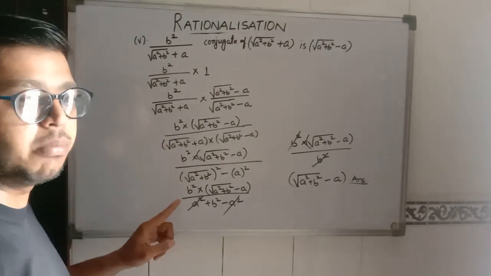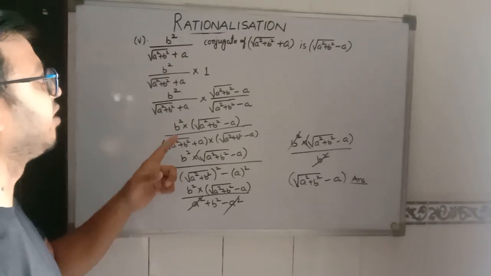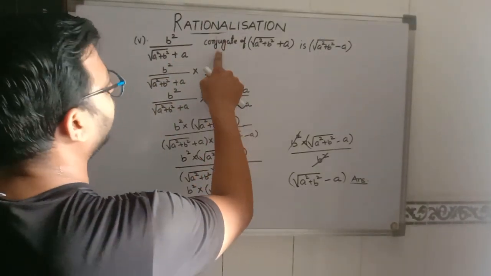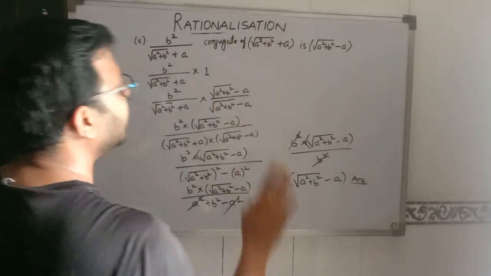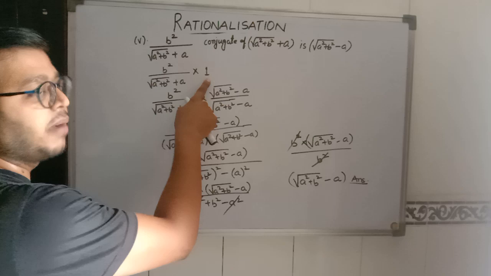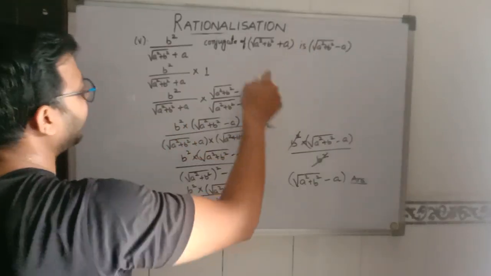Again, there are 2 numbers written in the denominator. One of them is irrational and one is rational. Between them a positive sign is there. So first we have to find the conjugate. After finding the conjugate, we can write the question and multiply by 1. Now we have to convert 1 with the help of the conjugate. Then we have